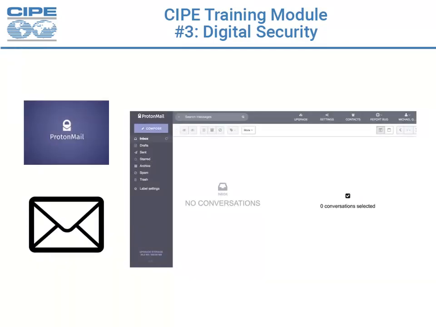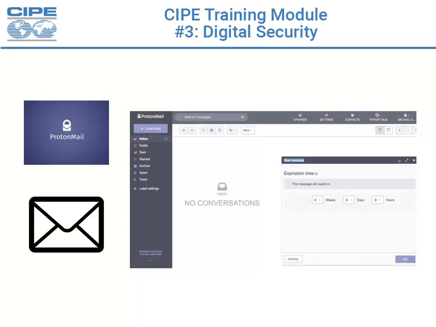As for email, ProtonMail is a closed-source, Swiss-based email service that offers secure communication. It has a double password system for both the regular login and the mailbox, so everything is encrypted. It offers a free 500 megabyte account, but will require fees to upgrade. It offers, like Signal, self-destructing messaging. Messages will disappear from both the sender and receiver's mailbox.